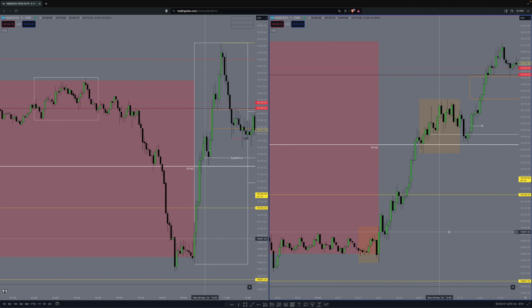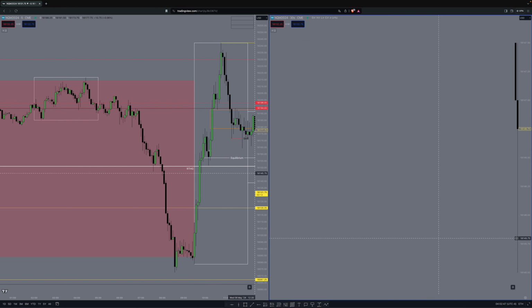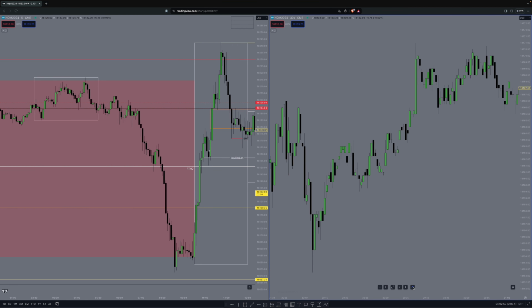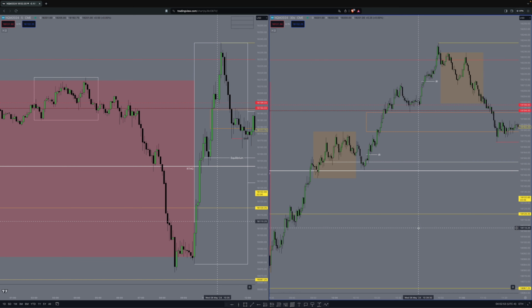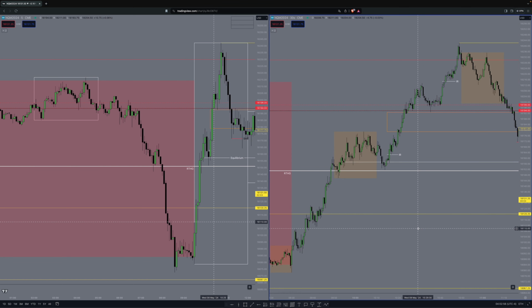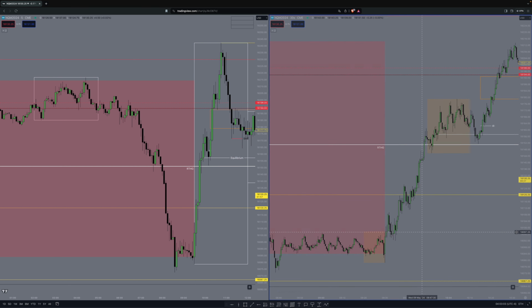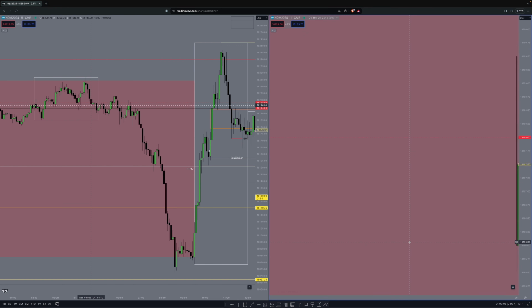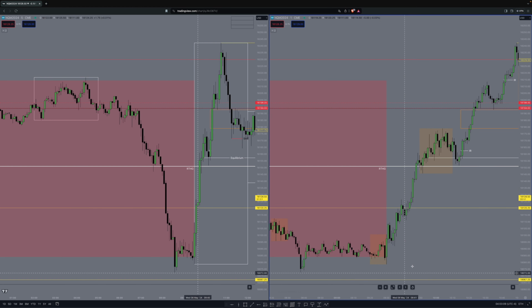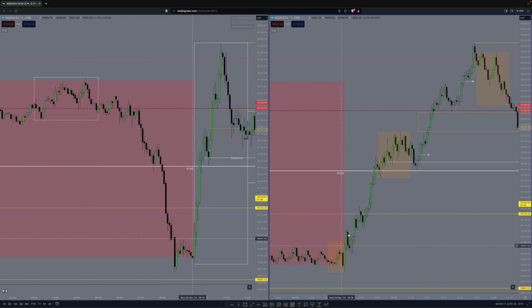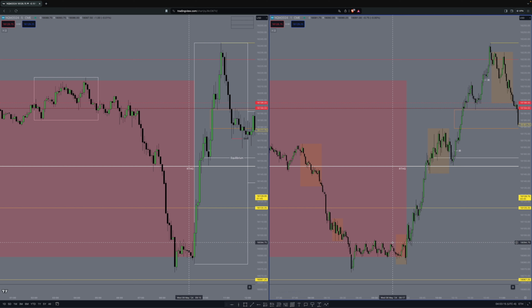I missed a few good trades. I can't really find, yeah, I don't really want to go through everything, but I believe somewhere here was one. I think this one. You see, wait, let me